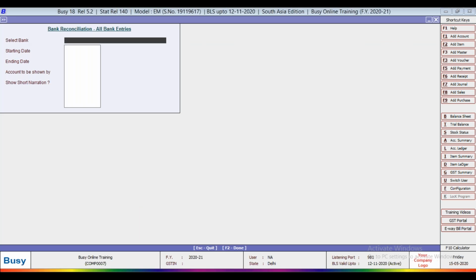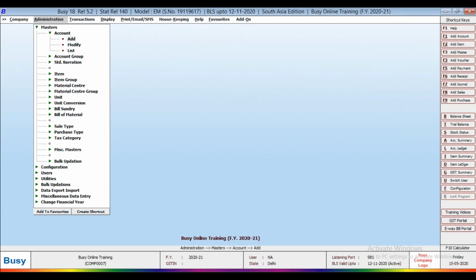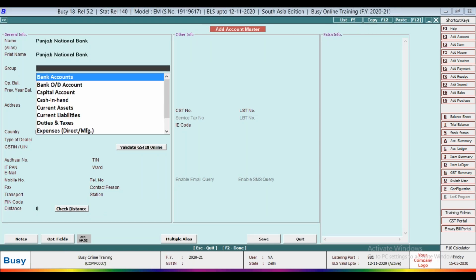First, we have not created any bank, so let me create a bank account.